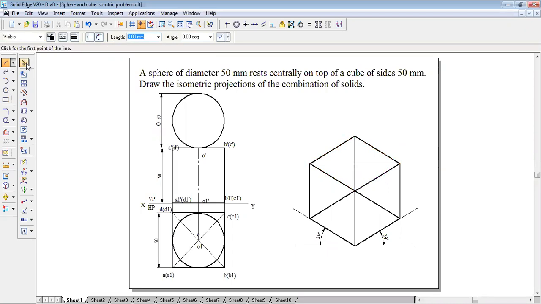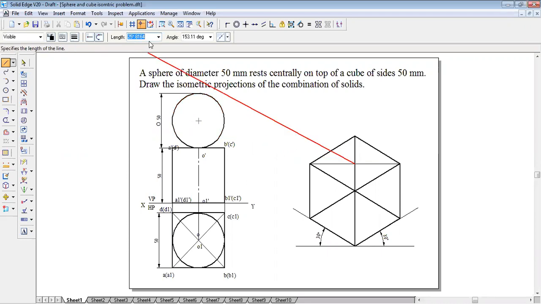So what I'll do is measure the isometric radius. I'm measuring the isometric radius, keep that in mind. I've taken the line command from this corner. From this point, I have to measure the isometric radius. What I'm going to do is 25 mm into 0.8164. I have typed it here in the length command, you can see it highlighted here. 20 into 0.8164. That is nothing but the radius of the circle into 0.8164.